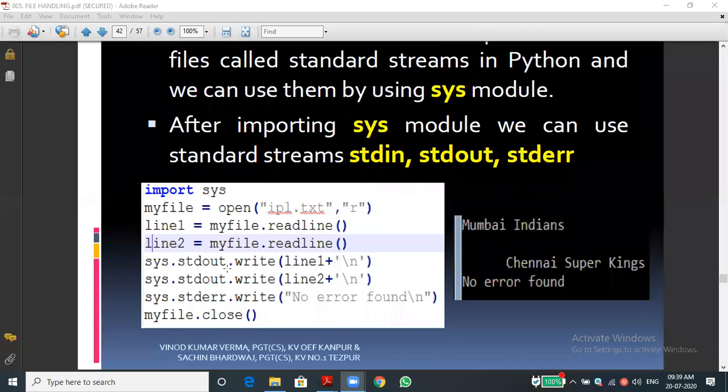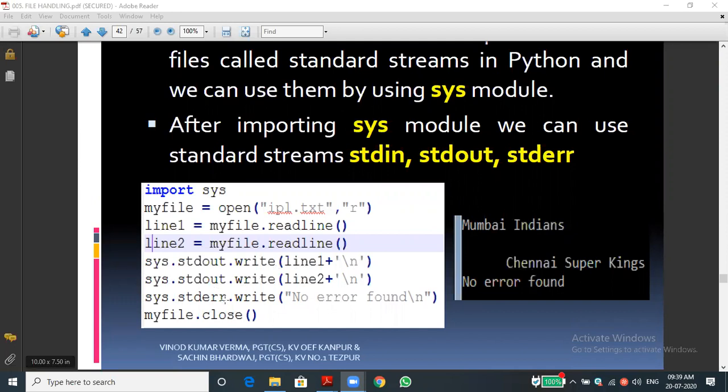The default standard output device is the monitor, so that will be printed. Write line 1. Line 1 is Mumbai Indians, and it gets printed, with a newline added in order to come to the next line. Then the second line will be printed. In the previous file you may remember that some spaces are there before Chennai Super Kings. That is what it is printing.